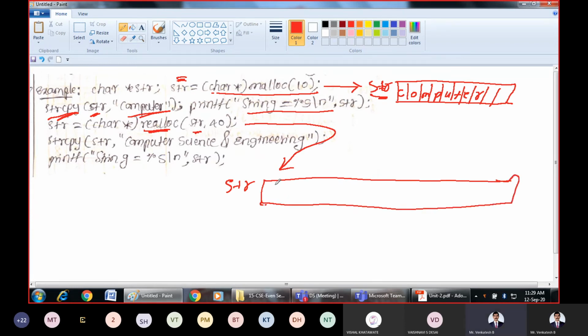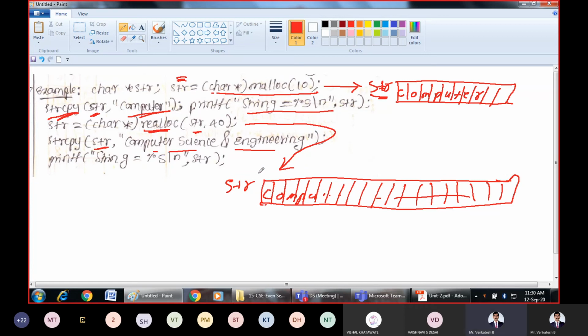I am trying to increase because I want more space. Now after that, I'm assigning computer science and engineering because now we have sufficient space. During the execution you may want more space for the variables, then we can do it by using this.